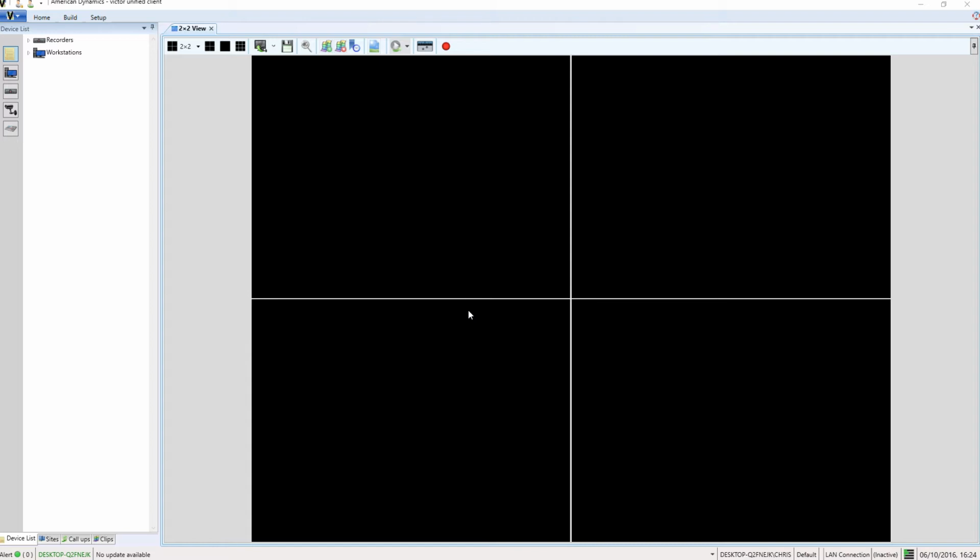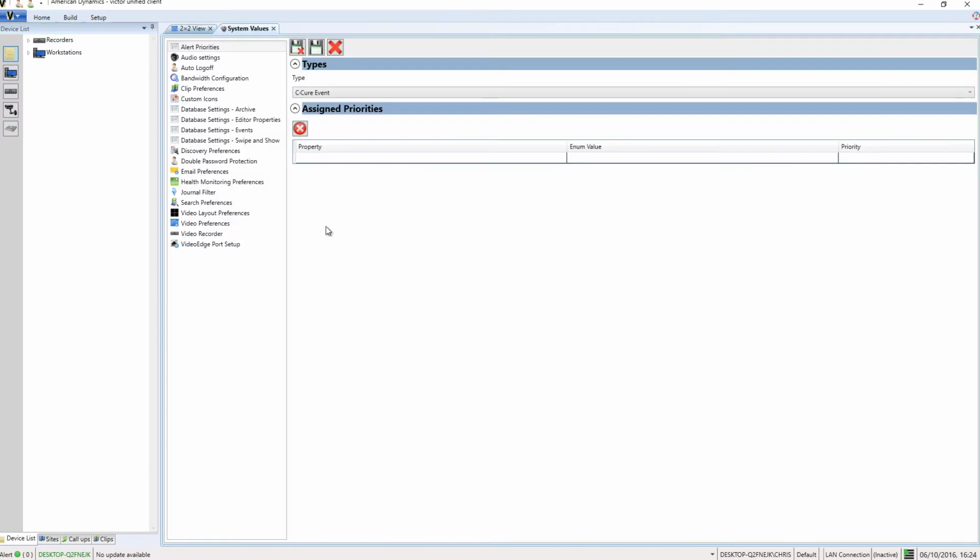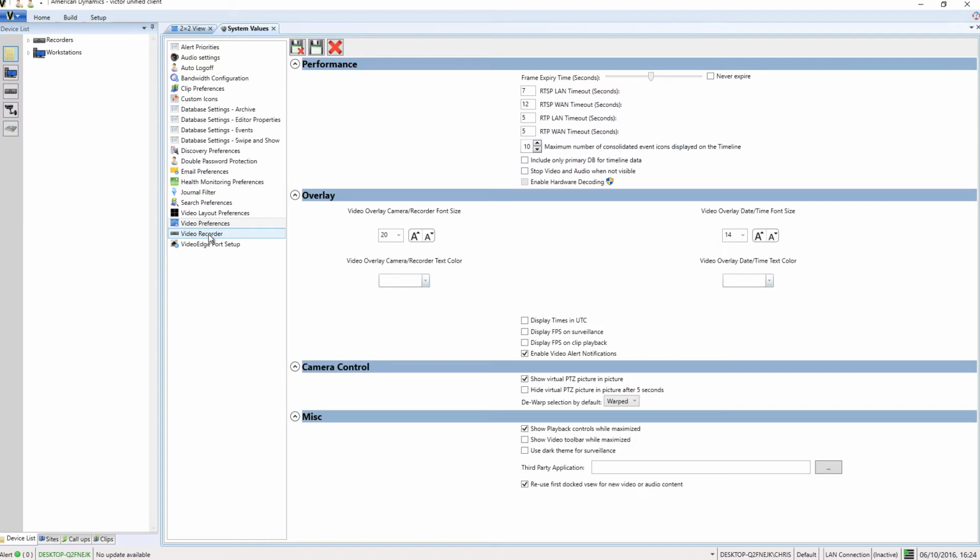network bandwidth. So the first thing I'm going to do in Victor here is go up to my Setup tab and choose System Values and go down to Video Preferences, and what I want to do is have my surveillance panes display their resolution and their frames per second on the surveillance pane. So I'm just going to check the display FPS on surveillance option here, and I'm going